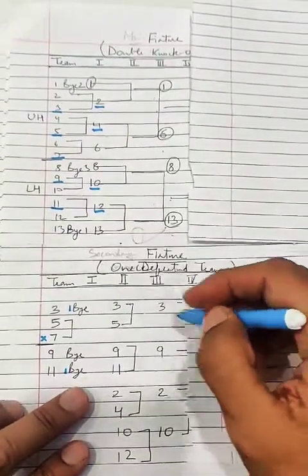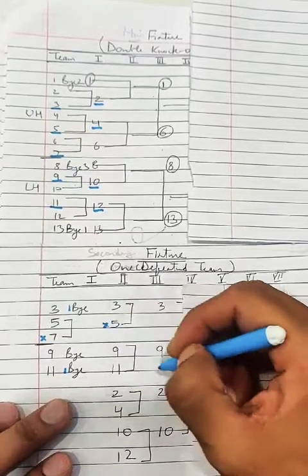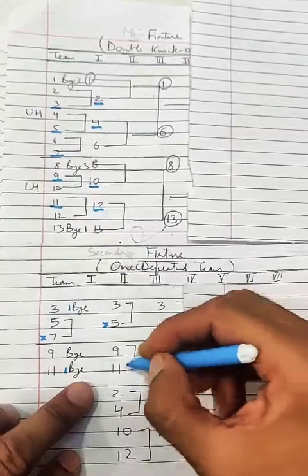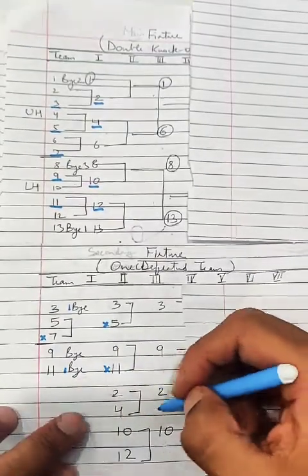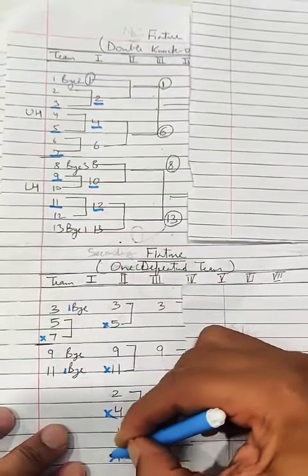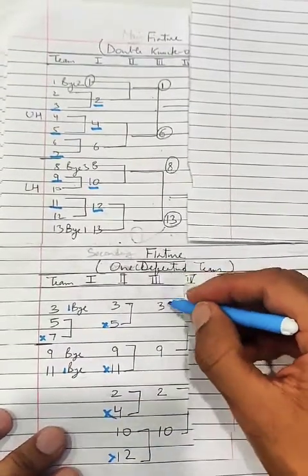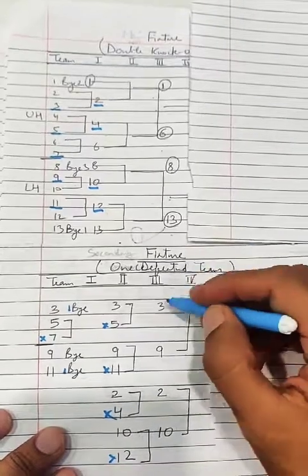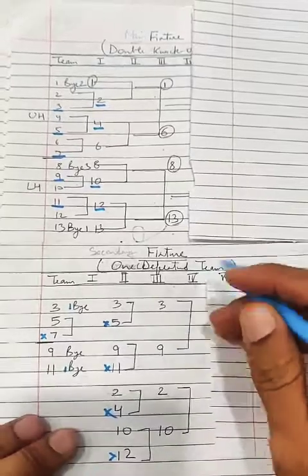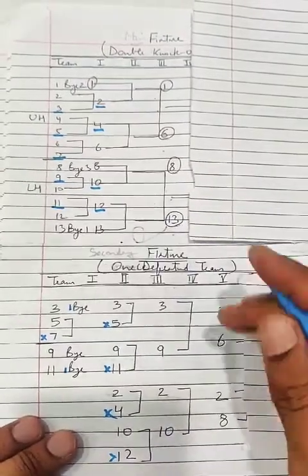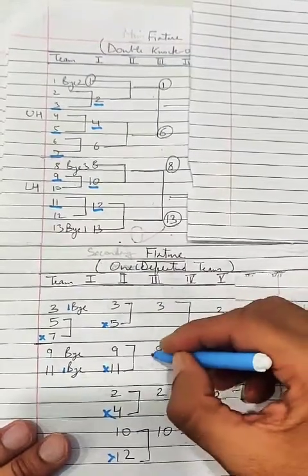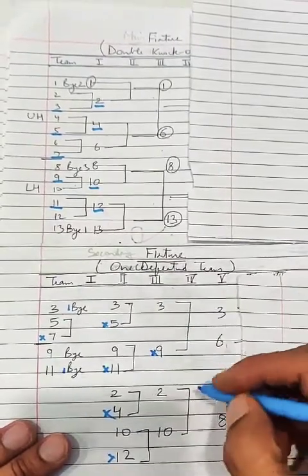Again you have to assume, so 5 will be the loser here, so it will be out, 2 times defeated. So 11 will be out from this tournament. 4 यहाँ से क्रॉस कर देते हैं, and यहाँ पर 12 को क्रॉस कर देते हैं. तो now the 4 teams proceeding to the next round are 3, 9, 2 and 10. So now they have to play one more round. There is a match between 3 and 9. So 3 को विनर कर रहे हैं, तो 9 आउट हो गया टूर्नामेंट से.